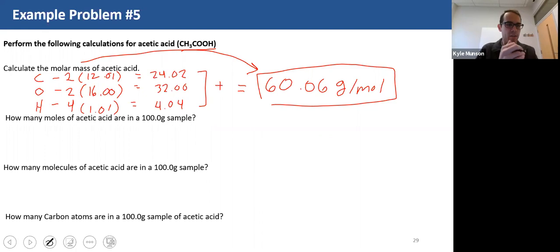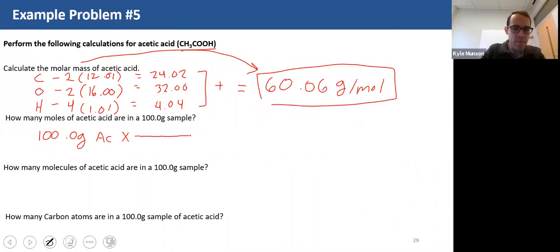So these are all going to build on each other, as I hope you've seen as you did them on your own. How many moles of acetic acid are in a 100-gram sample? Well, you can write out, like I did with dimensional analysis, what's given and what's wanted, but just because of the room here, I'm just going to write it like this. Okay, so 100 grams, we'll just call acetic acid acetic, maybe AC, okay,